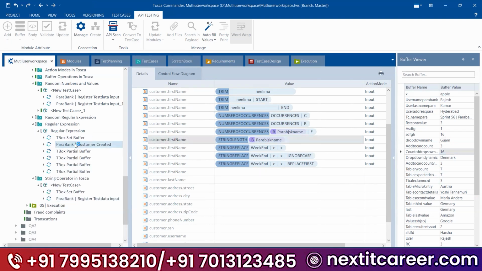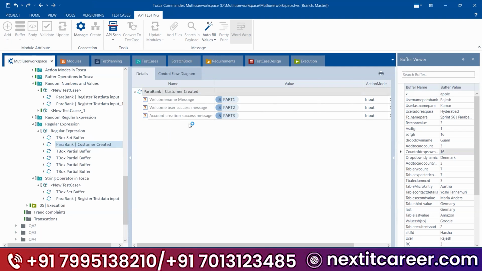How we have passed the value here in SAP or any other thing, scan the module and pass the buffers here. It is the same for database, it is the same for API. Everywhere it is the same. We can do post methods as well, right, Rajesh? Yes. I mean, get, post, put, everything.